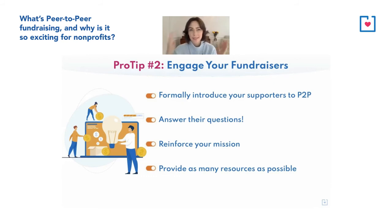Pro tip number 2, engage your fundraisers, right? This is another thing that we do for a lot of our fundraisers, but this is a big one and a big way for peer-to-peer. One of the most important keys to success of your peer-to-peer fundraising effort is preparing your fundraisers. As fundraisers yourself, planning a peer-to-peer campaign may come pretty naturally for you and your team, right? You've done this a bunch, or you've done your research, you know how this works, but it's important to keep in mind that your supporters may have never fundraised before. This could be a brand new experience for them. So doing a little hand-holding and providing as many helpful resources as possible is essential to the success of your